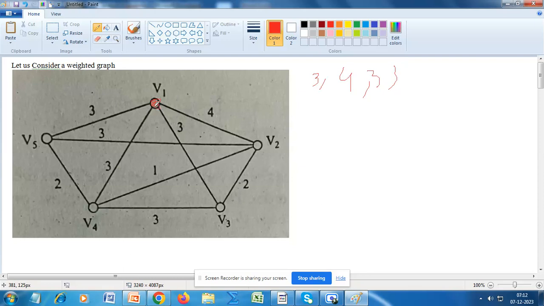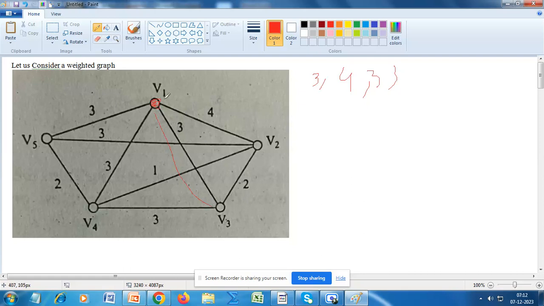So here two minimum weights, that is V1, V5 and V1, V3. These are the minimum weight. So you can choose any one of the edges. If I choose this edge V1, V3,